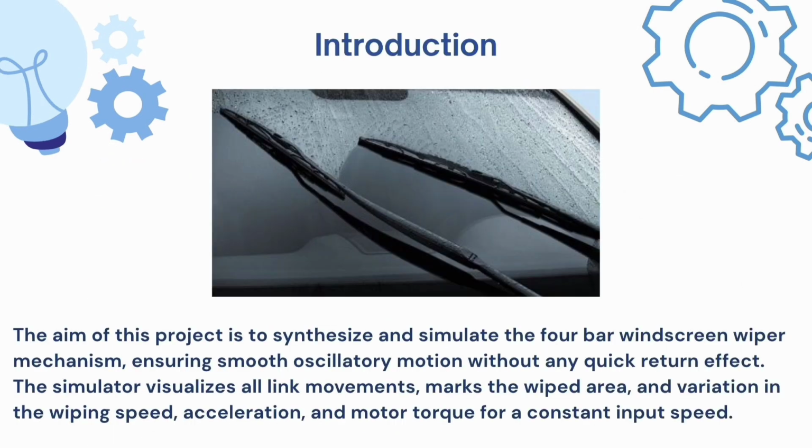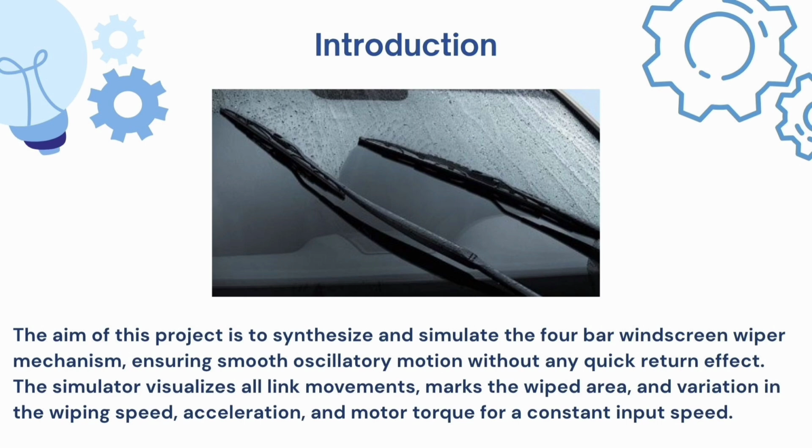Let's take a look at how a simple mechanical arrangement powers the wiper motion we see on a vehicle windshield. I would like to start with the basic idea of the wiper mechanism. The windscreen wiper mechanism works as a 4-bar crank rocker system. In this mechanism, one link rotates continuously like a crank, another link transfers this motion, and the final link oscillates back and forth like a rocker to create the sweeping motion of the blade. All of these are connected by fixed pivot points on the vehicle frame. This setup converts the steady rotation from the motor into the smooth back and forth wiping action needed to clear